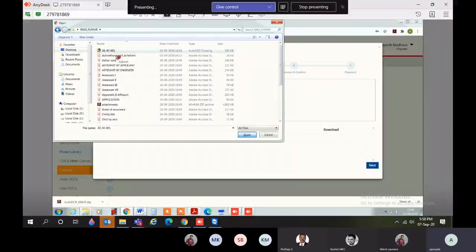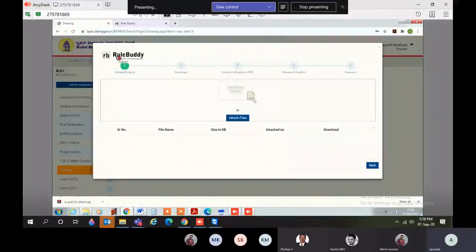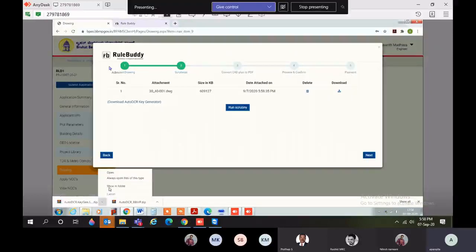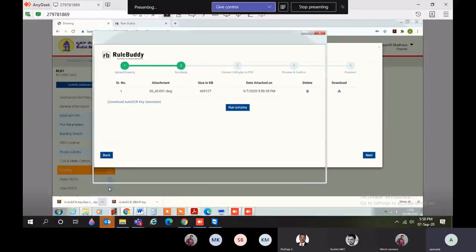Now here you can get the download Auto DCR key generator option. So download Auto DCR key by single click. Then again go to folder location.